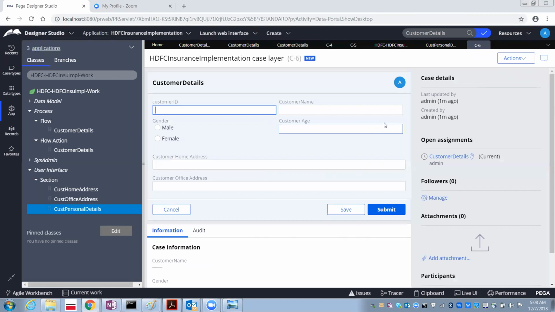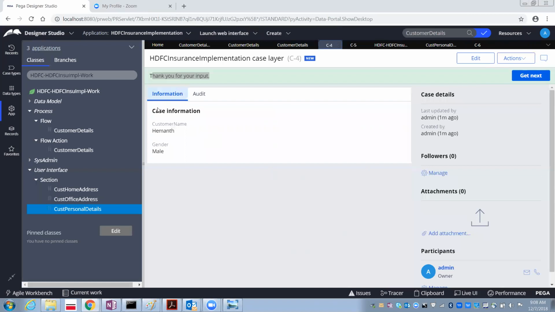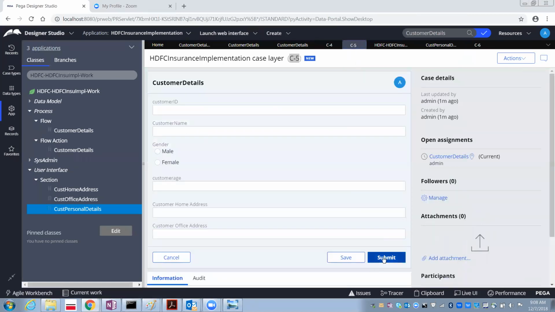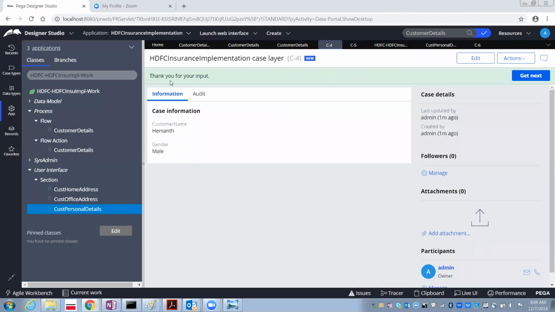Now after this, after accepting the customer details, what can be the next step in the bank? Can someone tell me? Those entire details will be saved in the database. Nice. So generally after entering the details here, we selected the submit button, the save button. Once you select the submit button, it saves into the database. Good. Thank you for your input.